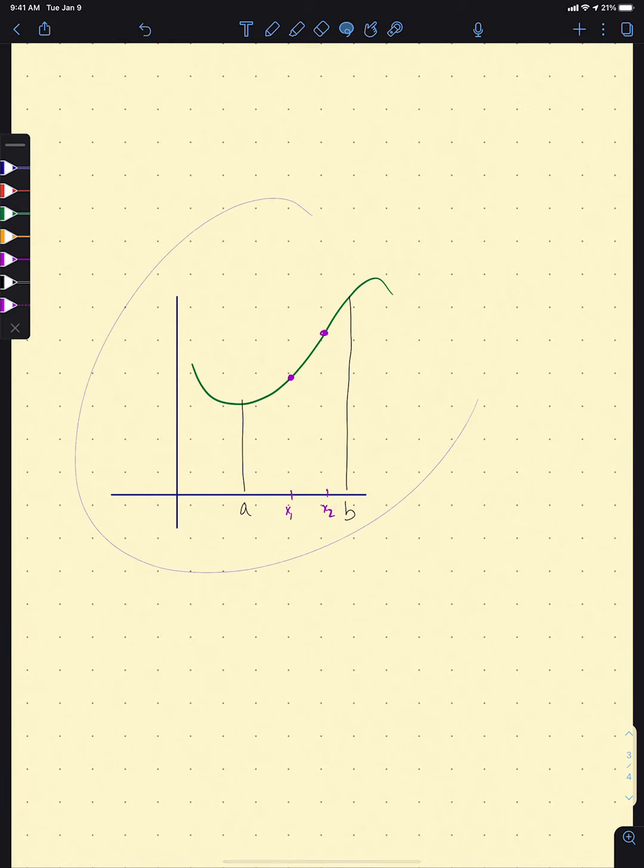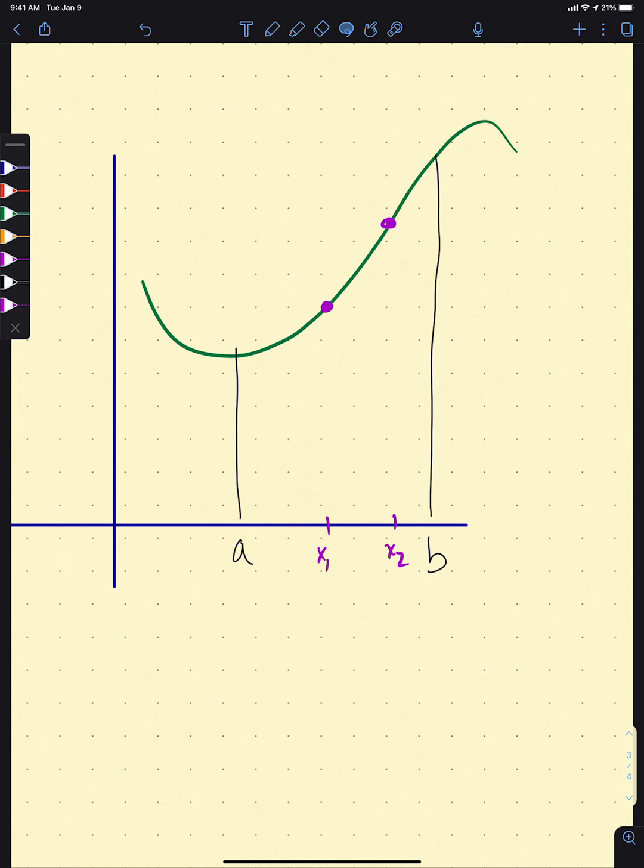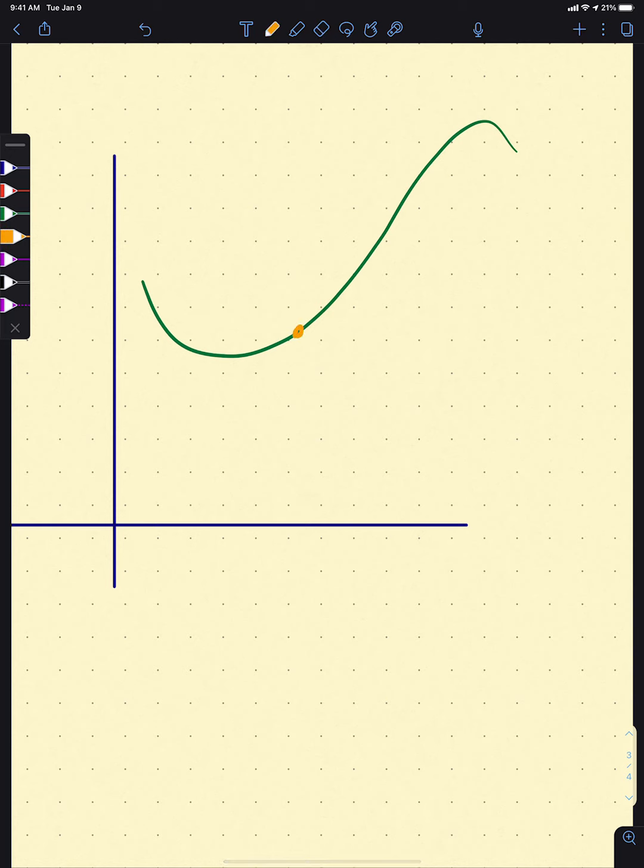But what if we're interested more in looking at the behavior of individual points, right? I'll just delete these annotations. What if we're curious, are we increasing or decreasing at this point? And the natural way to extend this definition is to say that we're increasing at